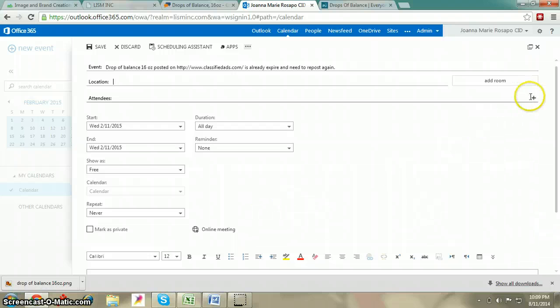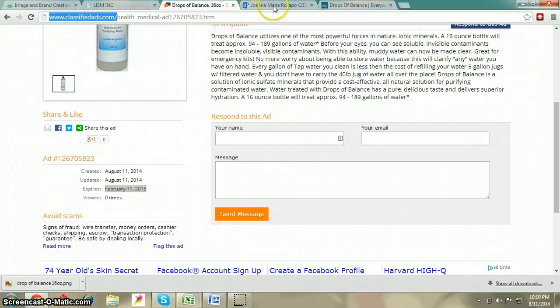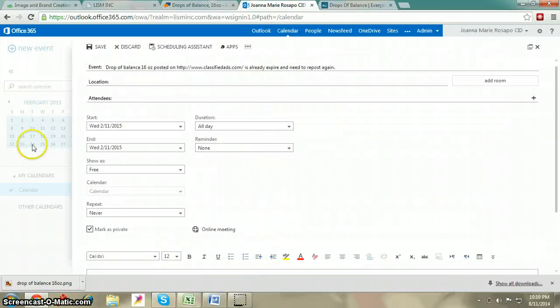I think it's already saved. Okay, so right now you have your calendar for this so that you're always reminded. That's it. Thank you.